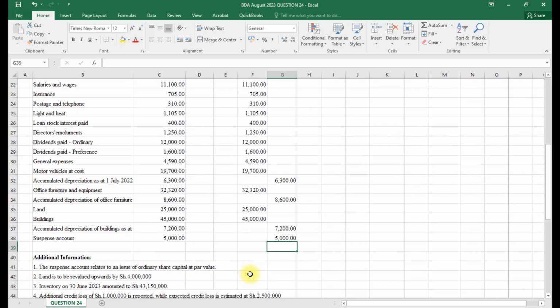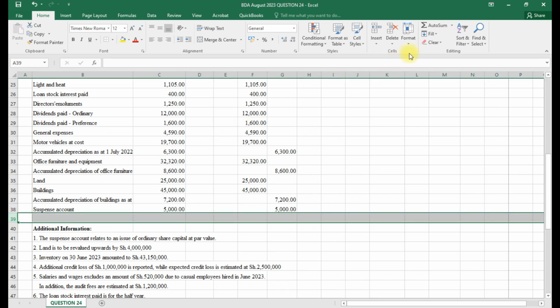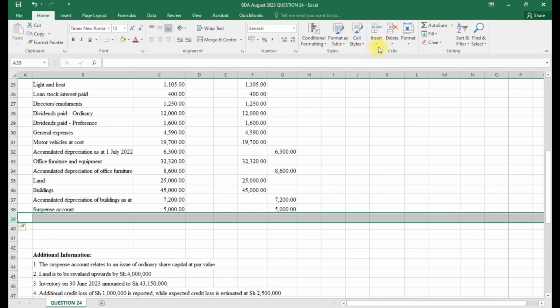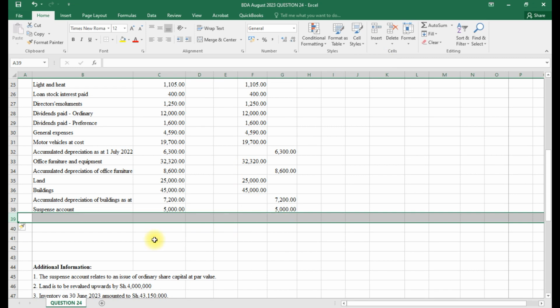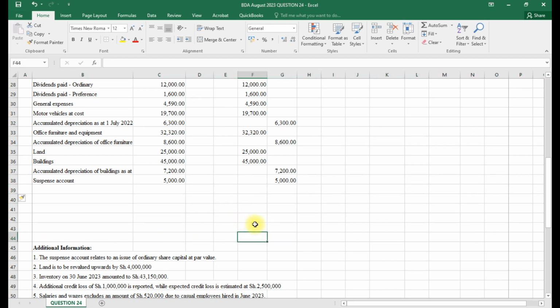And here I will include some like 5 rows for any additional adjustment that we shall make. So those are 1 2 3 4 5. Let me include one more, so that if need be we shall include others. So I'll use the last one here to get the total, so that I will leave this space for any additional that we shall add in the additional information, because I believe there is some information that we shall need to include. So I'll take alt equals,